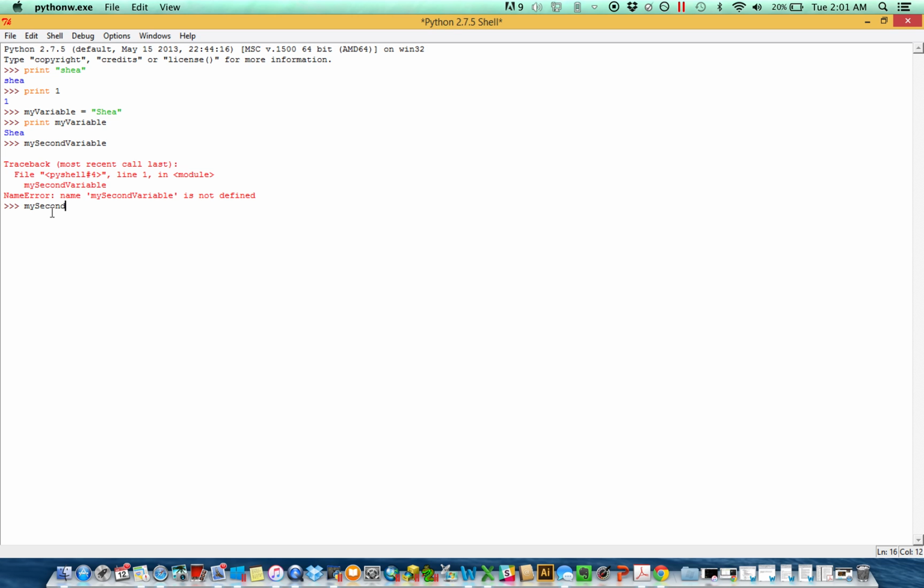Setting my second variable equals shay2, now I can actually print my second variable. Oops, if I could learn to spell, and something will return. Right, so that's really what I want to introduce to you there real quick, this idea of variables, that you can take,